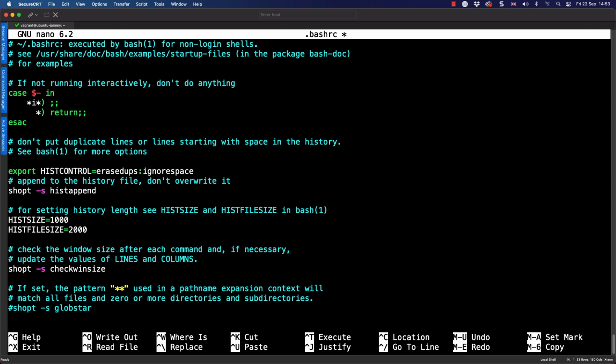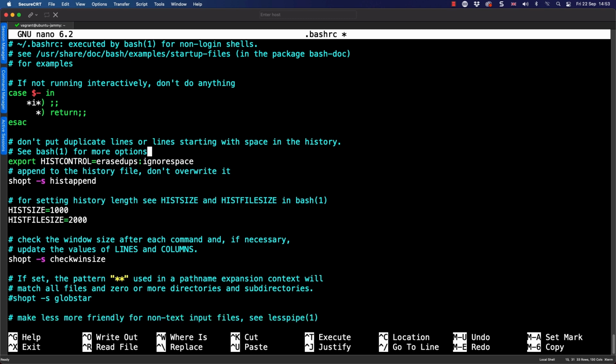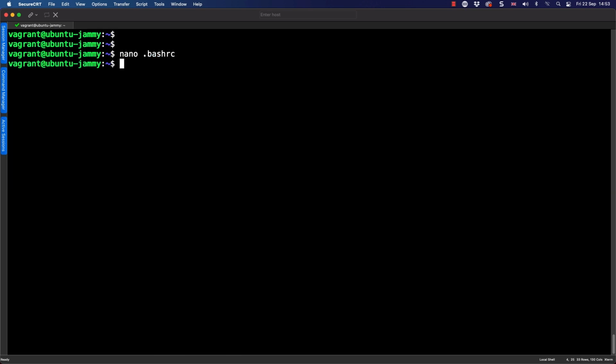I could have just added it at the end of the file, but as we saw that it was set there, I might have overwrite it where it's being set. With that in place, I can use then my Control and S to save and Control and X to then leave that. When I log out and log in again, my history is going to be maintained, but also the value of the hist_control variable.